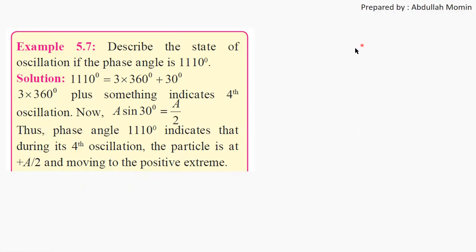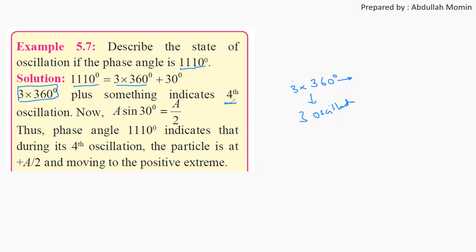The next numerical is example 5.7, and the question is: describe the state of oscillation if the phase angle is 1110. So 1110 means 3 into 360 plus 30. If it is plus something, it indicates the fourth oscillation. During one oscillation the particle completes 360 phase, so we get 3, that means 3 oscillations have been completed,